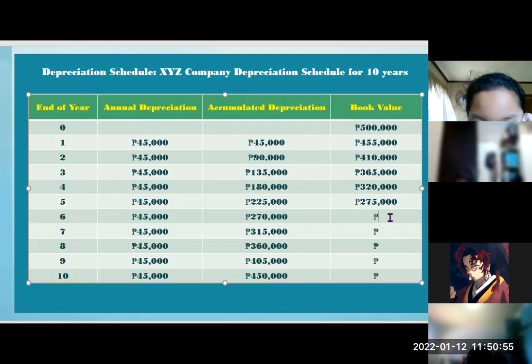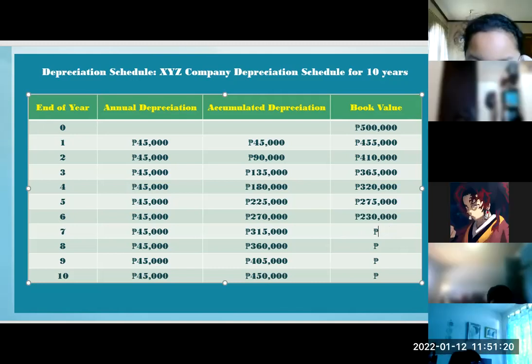What's 270 subtracted from 500,000? So it's correct. Harold and Sean, it's 230,000 pesos. Okay. 230,000 pesos is the book value, the amount that needs to be recorded. Okay. Next,